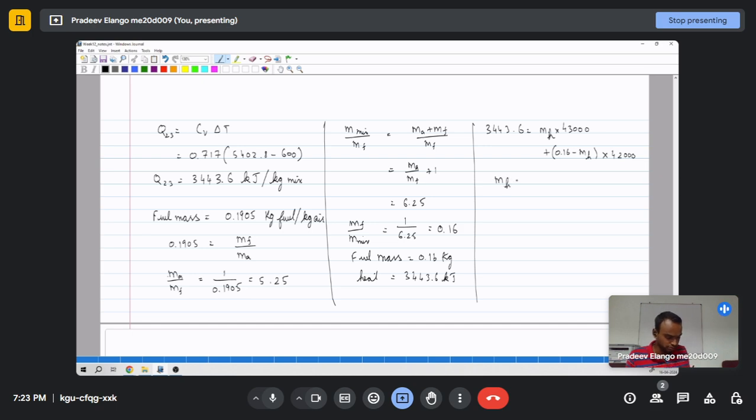So using this m hexane can be calculated. So we will have 3443.6 minus 0.16